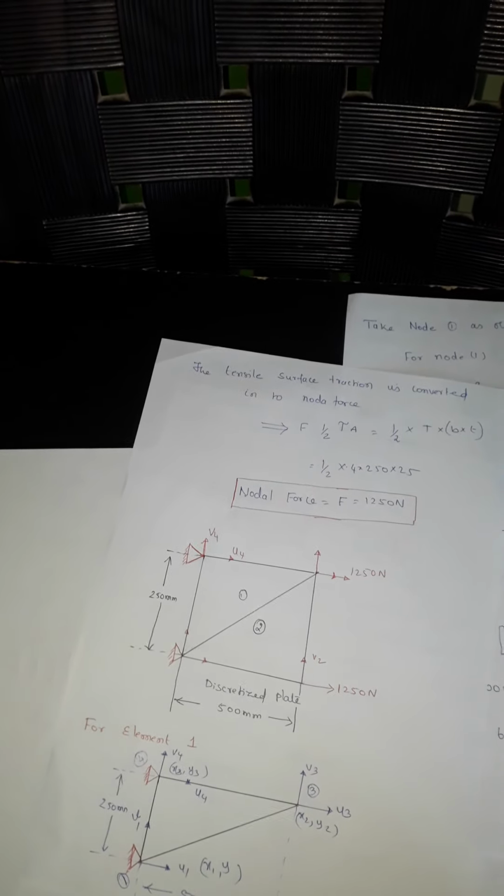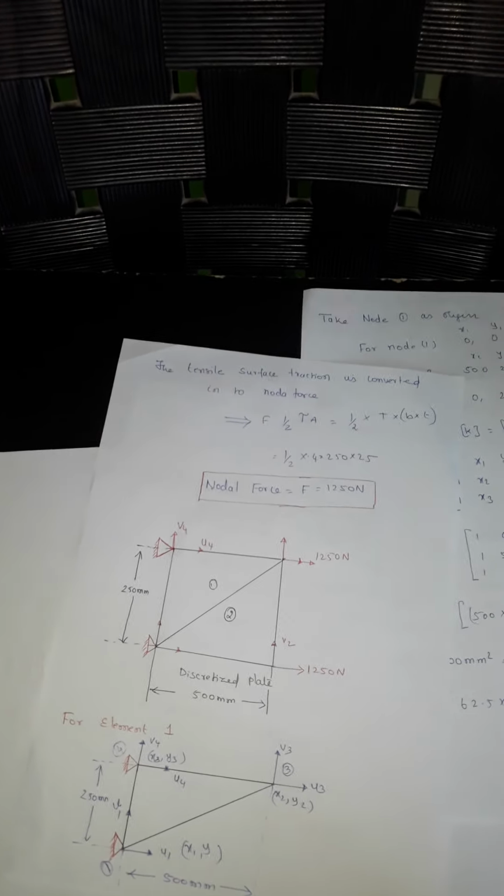If it is 1 degree of freedom, 1 by 1. 2 degrees of freedom, 2 by 2. 3 degrees of freedom, 3 by 3. Here one node represents 2 degrees, u1 and v1. So it is 4 into 2, and you will get an 8 by 8 matrix. Whenever you look into the problem, please see what the degrees of freedom are and what the displacement at the node is, whether 1 degree or 2 degrees. If it is 2 degrees, multiply the degrees by the number of nodes you have, and you will get the size of the stiffness matrix. So that's all.